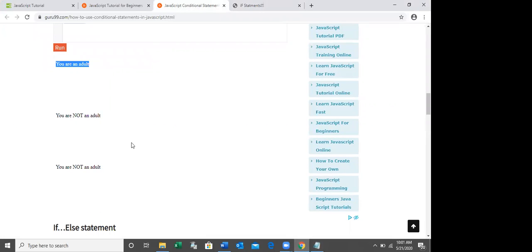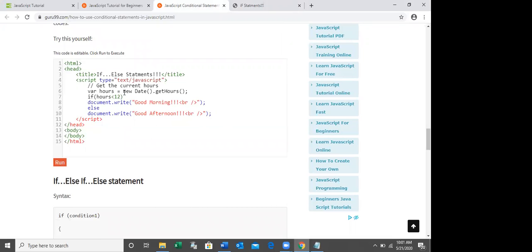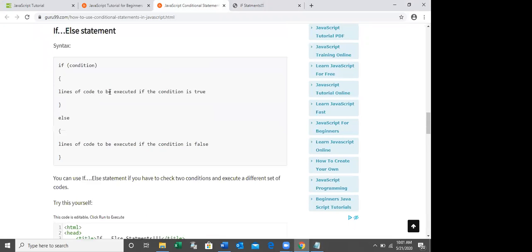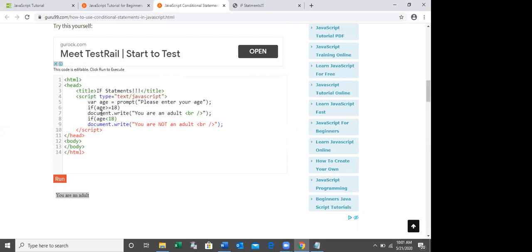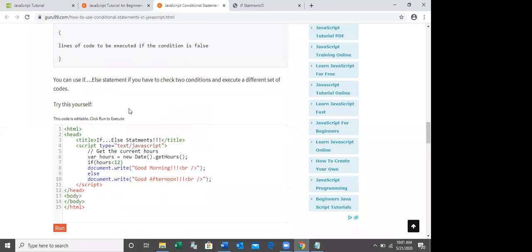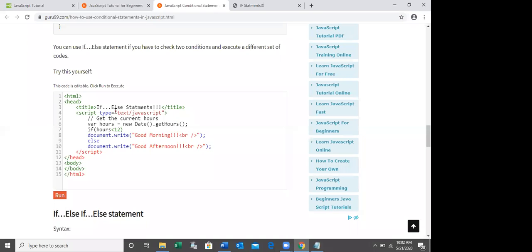These are the results, right? Okay, then see here. Age 18, okay. Second one, script language, you can use this one also. You can use script language is equal JavaScript, also correct. Or else you can write script type is equal text/JavaScript. Instead of this type keyword, you can write language also. Both are correct, right? Don't get confused.